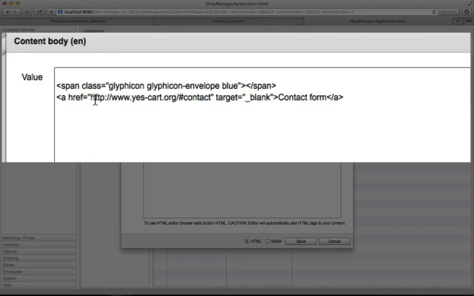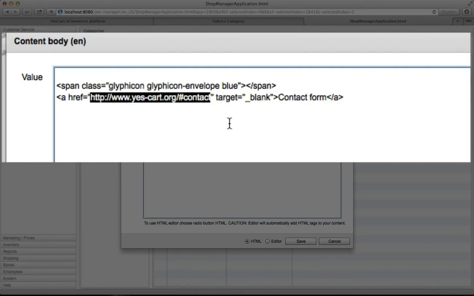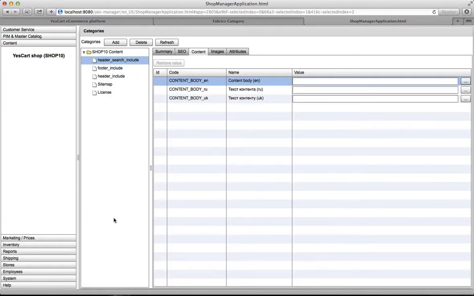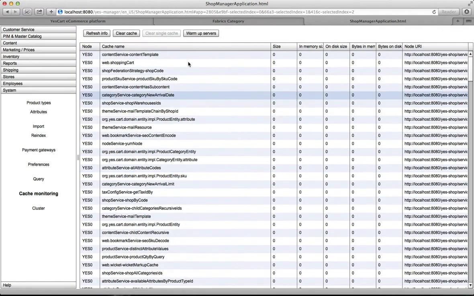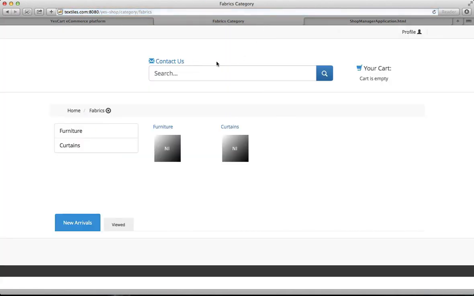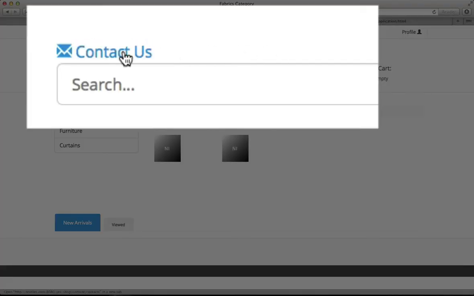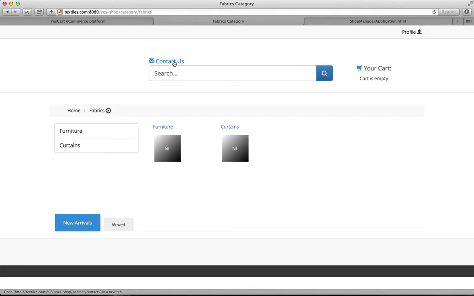So if we just modify this part and put a different link in here, and specify different text so it's better visible that it has changed, save, go to cache monitoring, clear cache, and refresh. We can see that this has changed, and we can now